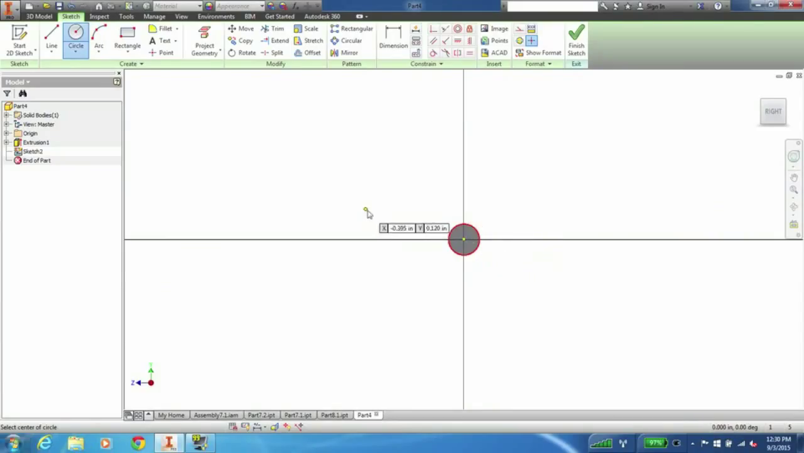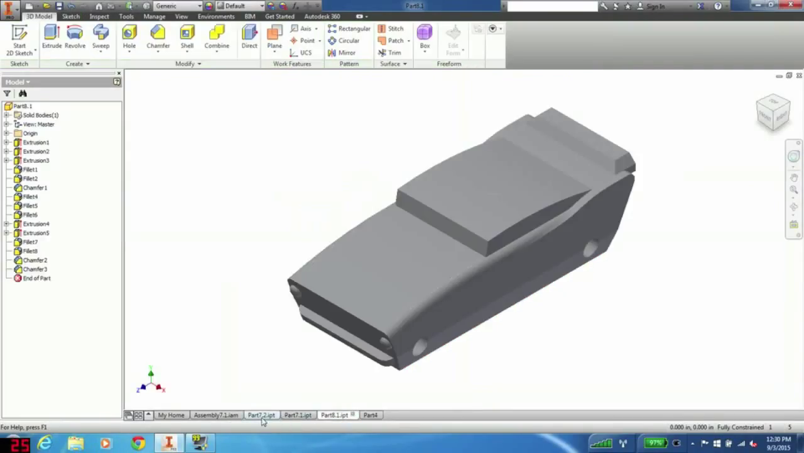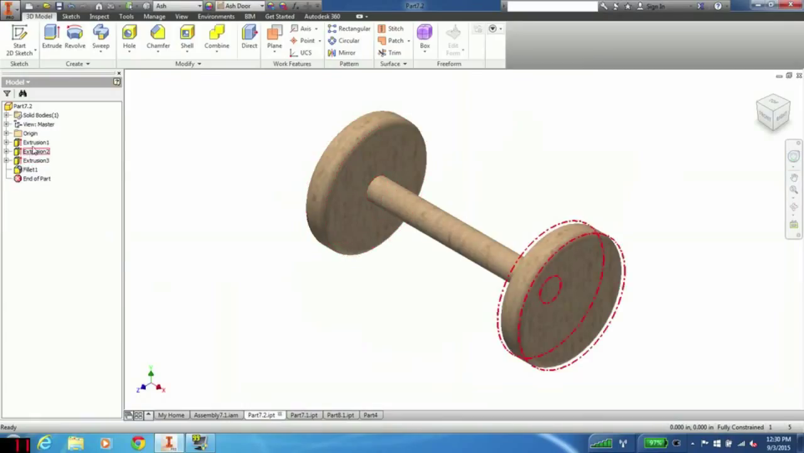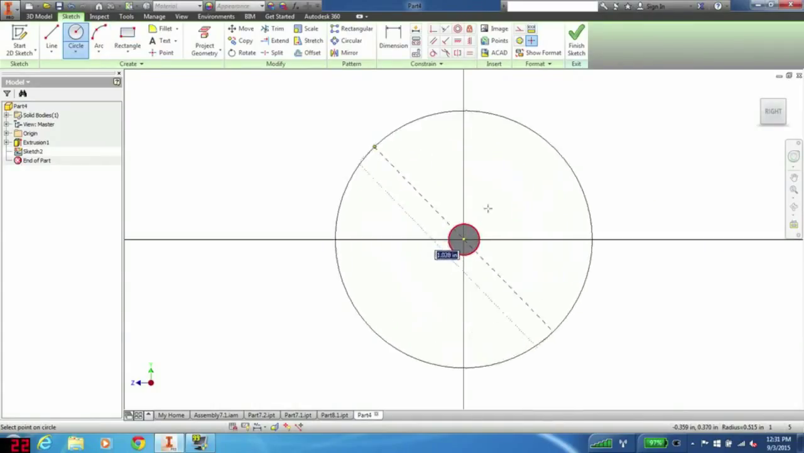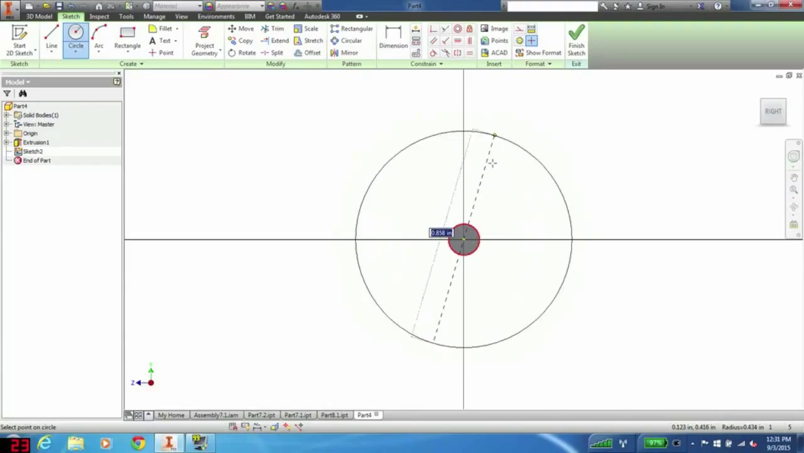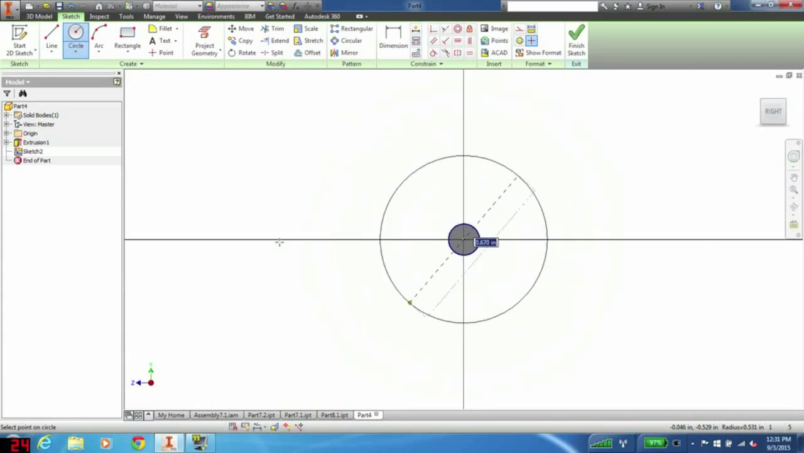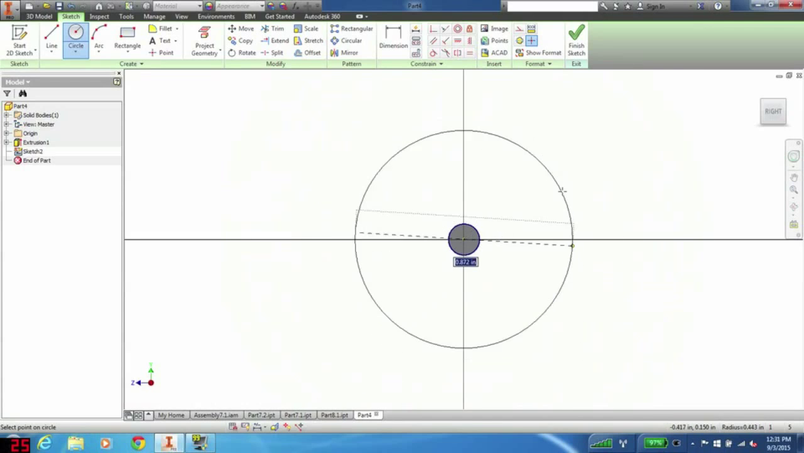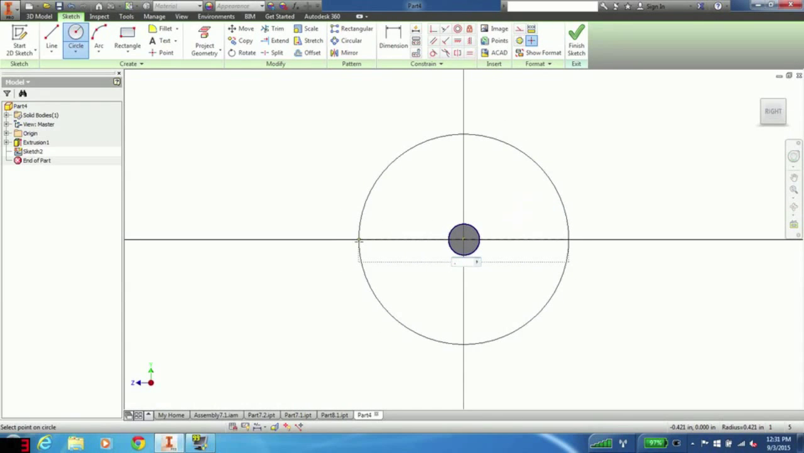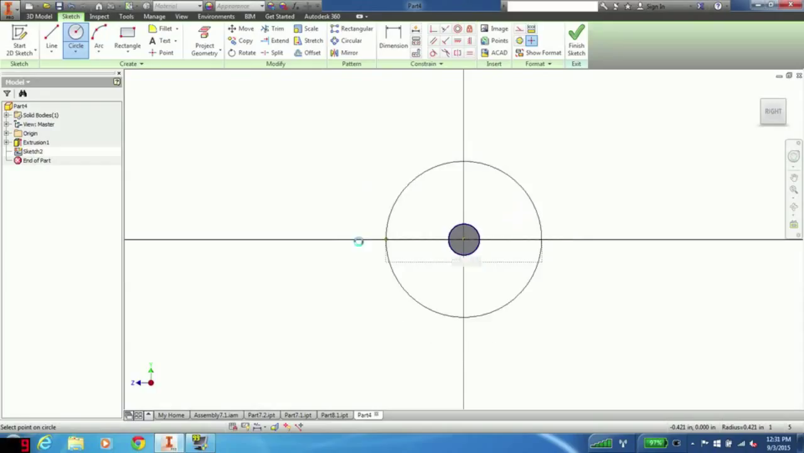And the wheels are going to be 0.625 in diameter. So click in the center of this circle. As you can see, I placed the center for the original circle right in the center of the crosshairs, so it already creates the center points nice and easy to line everything up. So now I'm just going to type 0.625